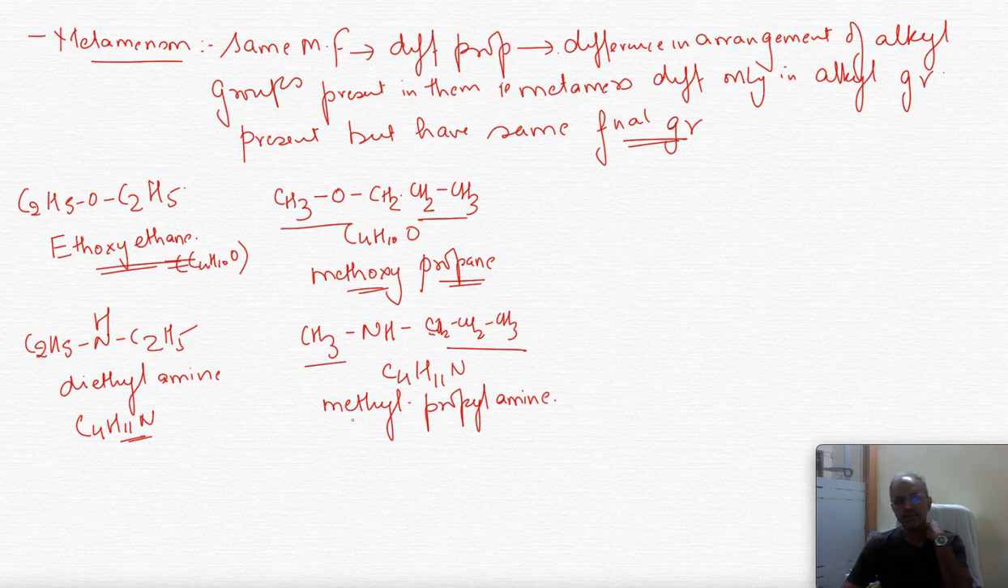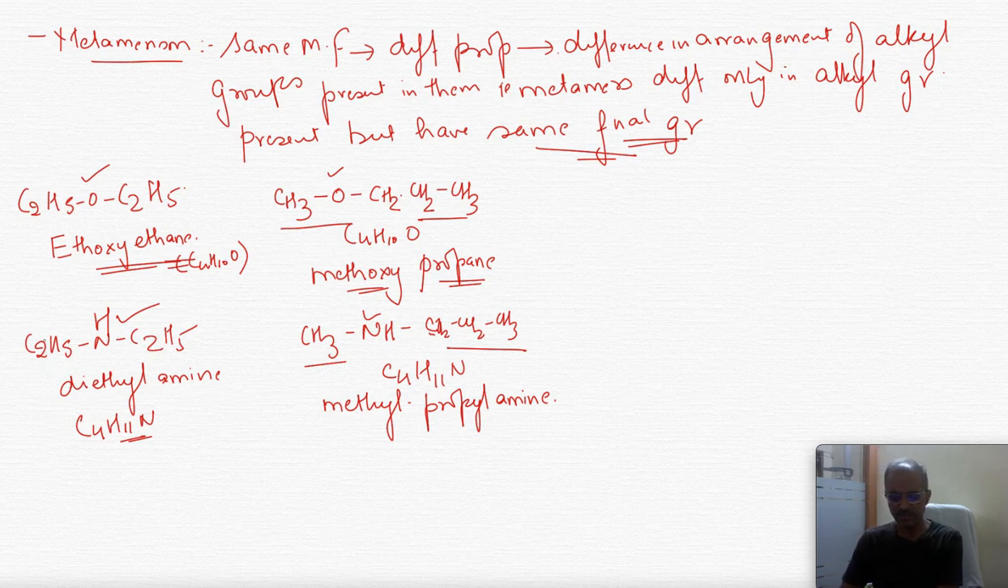Methyl propylamine, right? Methyl propylamine. So even as I had told you, they have to be the same functional group. Here there is an amine functional group. Here also it is an amine functional group. Here it is an ether. Here also it will be ether, right? So now